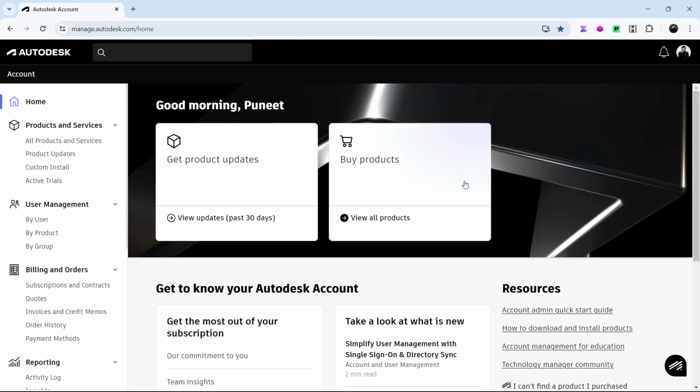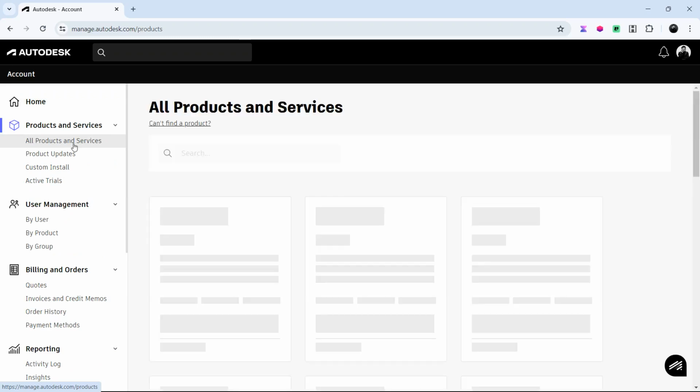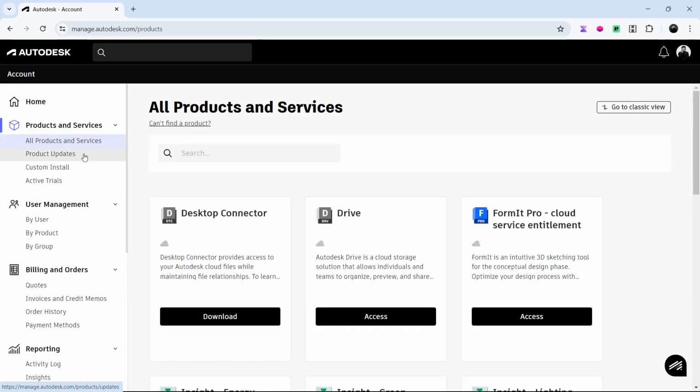Once you have logged in, you will come over here on this particular home page, and then you have to click on All Products and Services. From this tab, you can manage all your Autodesk products, whatever software you have installed, you will be able to manage from here. Then after that, you can also search over here, let's say Revit,